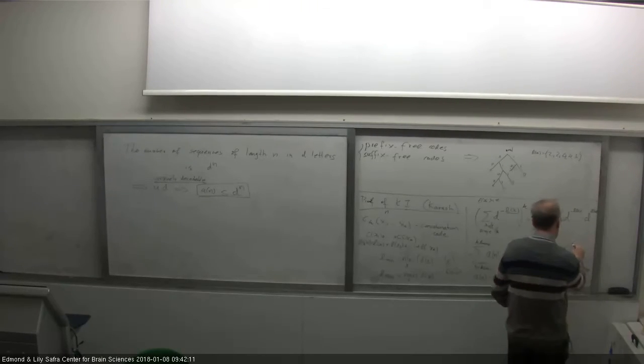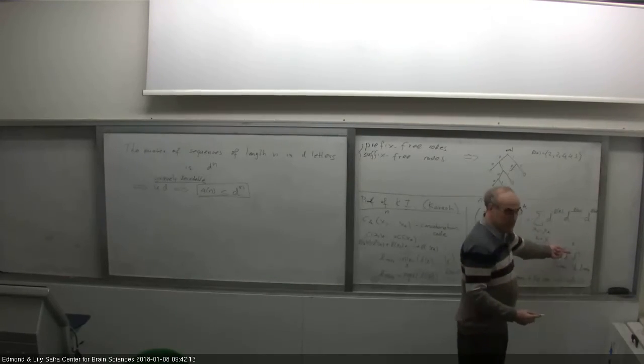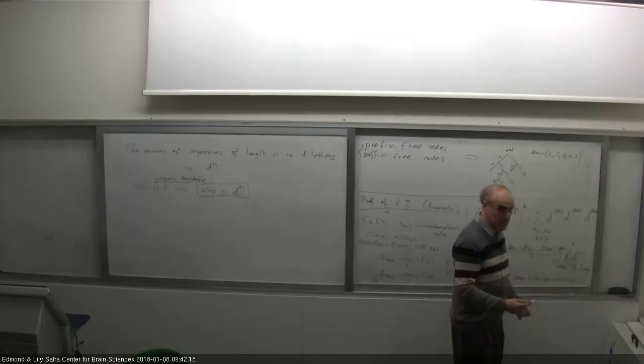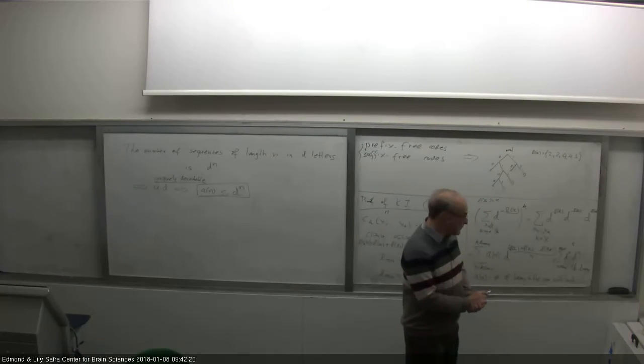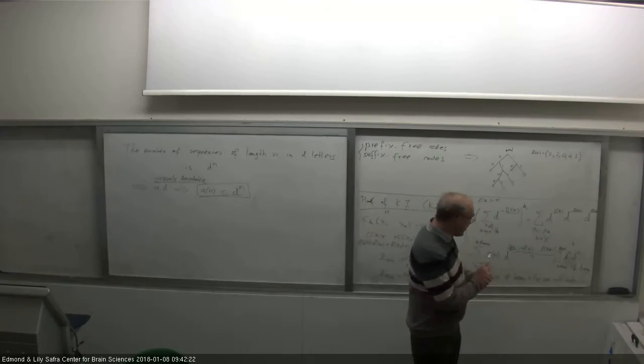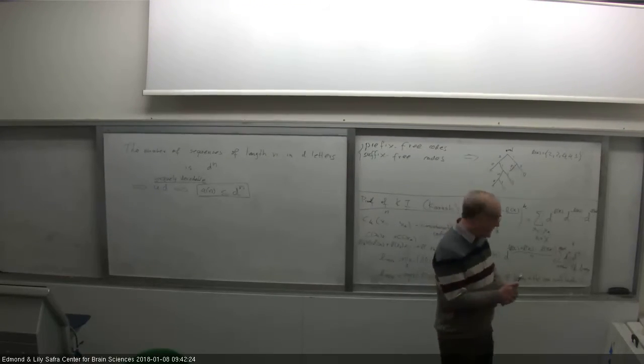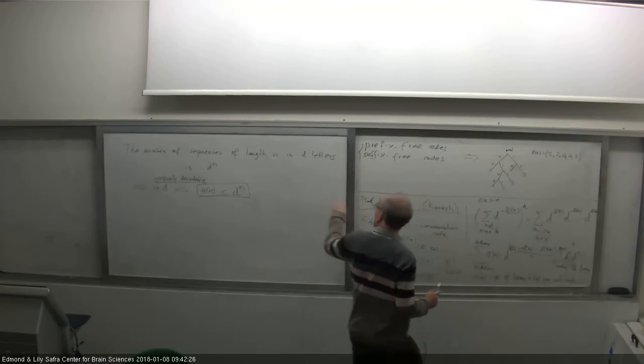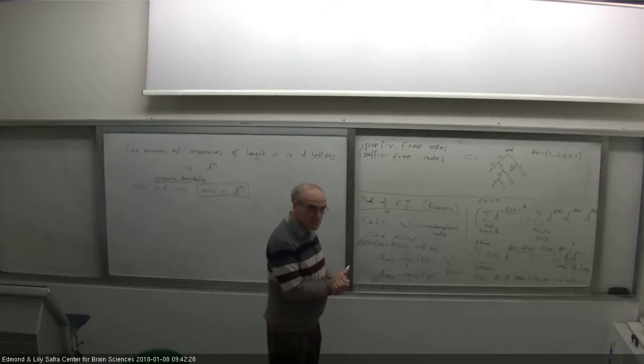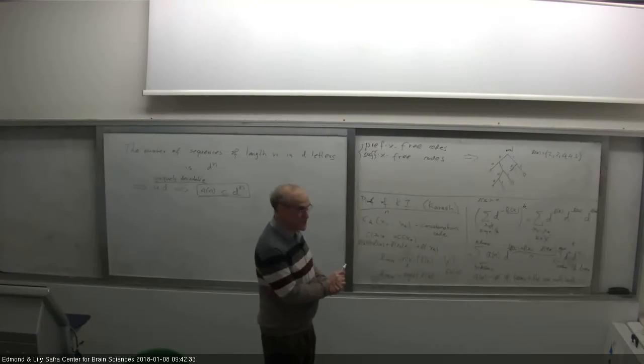Because this is 1, and the sum of 1s is at most the number of terms here, and the number of terms is at most L max, KL max. So this is bounded by KL max. And I use the fact that it's uniquely decodable right here, when I say that AN is less than this. Okay, but now I'm almost done, because what I get is that